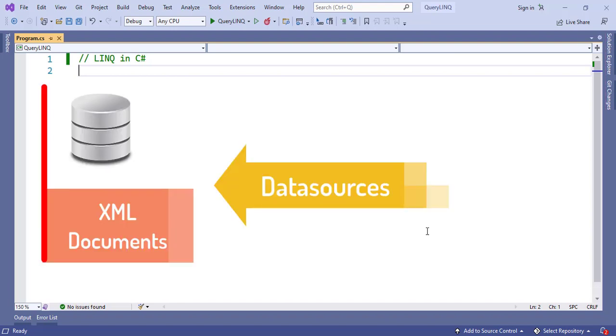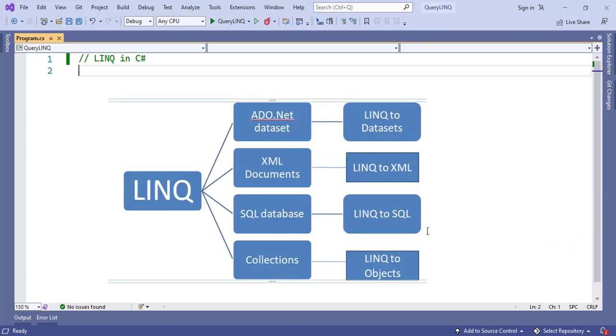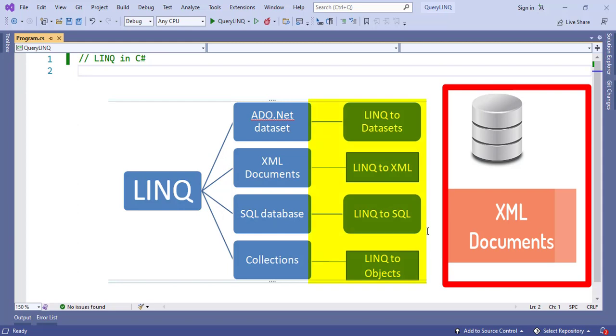So now the question comes, how do these data sources understand queries written using LINQ? If you look at the architecture of LINQ, there is one more component in between the LINQ queries we write and the data sources, and that is called the LINQ provider. So what's the job of this LINQ provider?